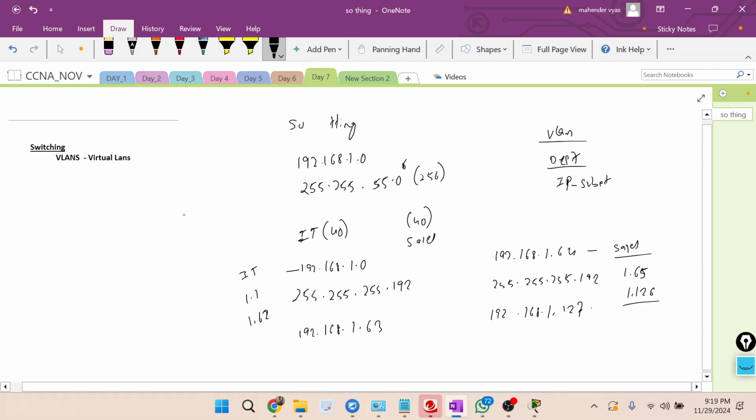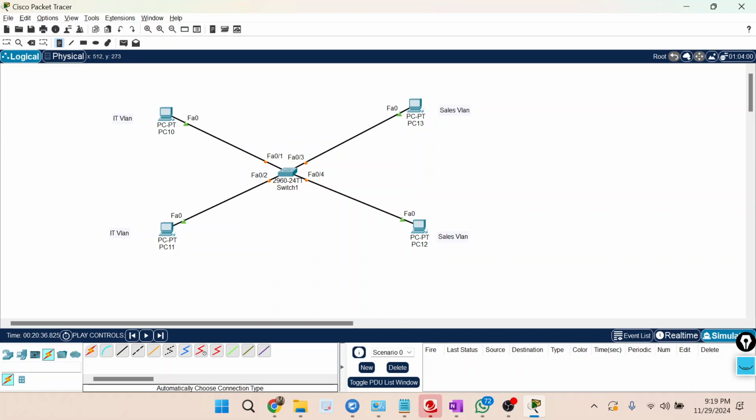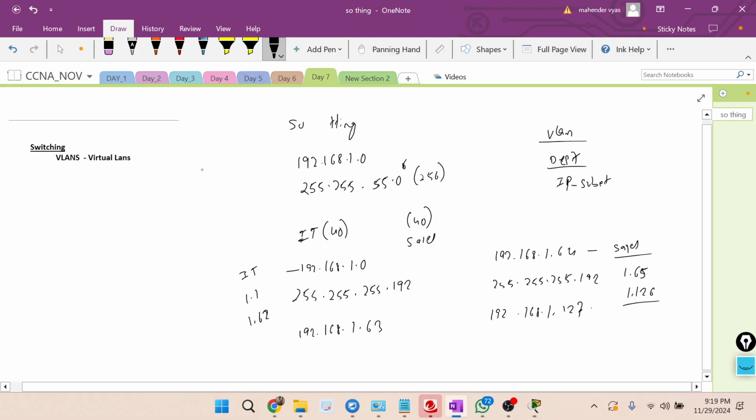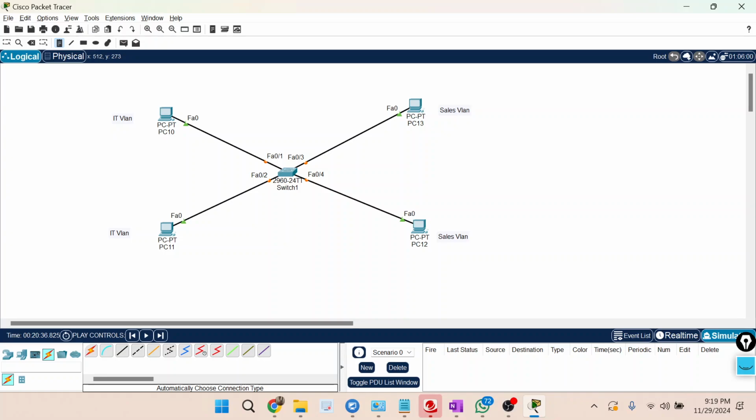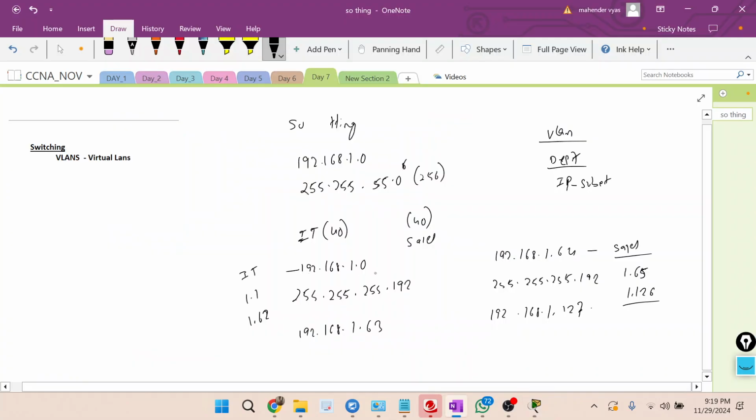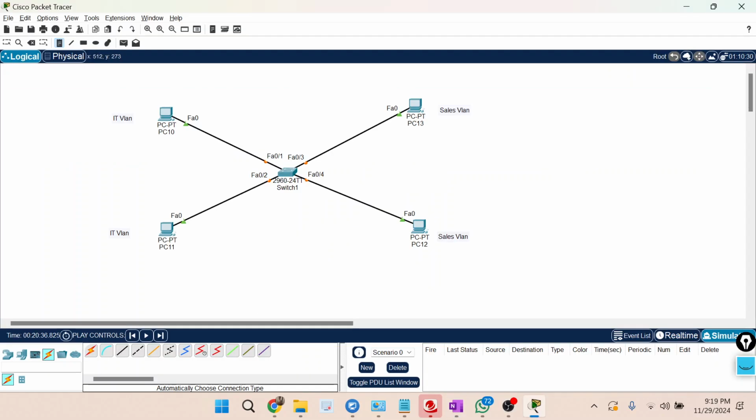Yes. Okay, so now let's do it, but what I will do initially, we will use this subnet for IT. For sales, we will use this subnet. But as of now, I will not create any VLANs. Let us see, before creating VLANs, will the broadcast happen or will it not happen. I'll use a real-time environment. Let me configure only the PCs as of now. Then we'll see.